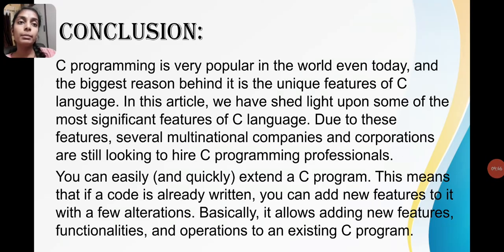Conclusion. C programming is very popular in the world even today, and the biggest reason behind it is the unique features of the C language. In this article, we have shed light upon some of the most significant features of the C language. Due to these features, several multinational companies and corporations are still looking for C professionals. You can also easily and quickly extend a C program. This means that if a code is already written, you can add new features to it with a few alterations. Basically, it allows adding new features, functionalities, and operations to